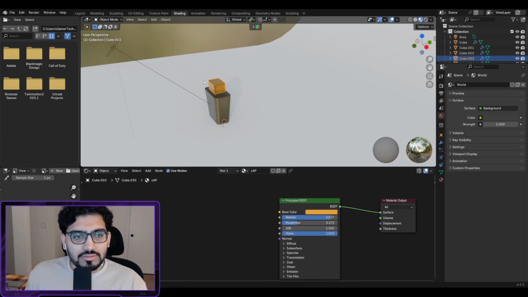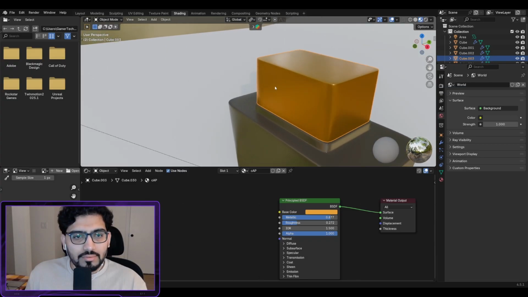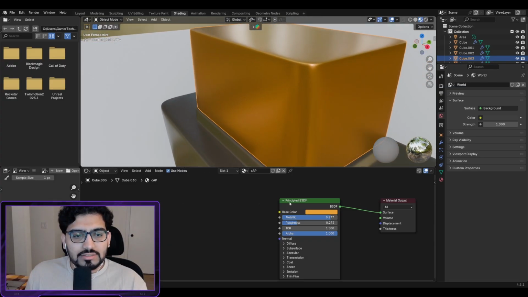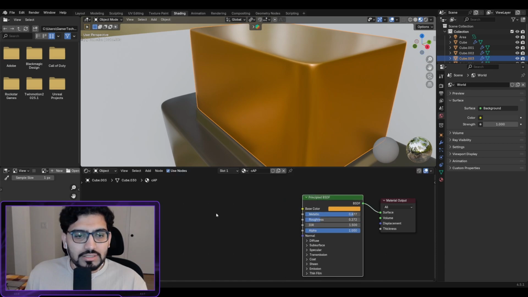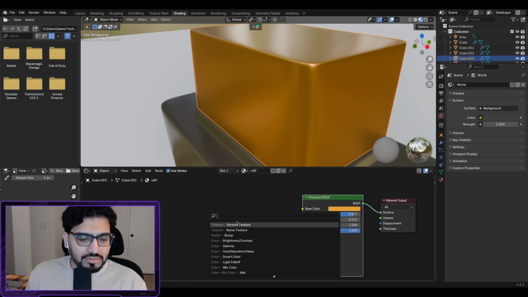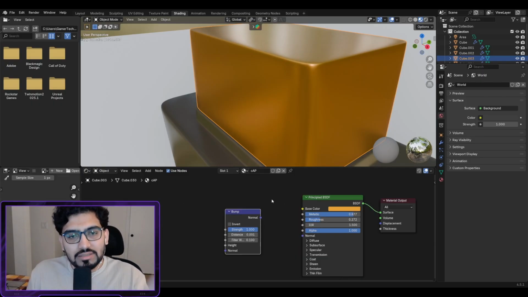For now, once you click on the cap, there's principled BSDF for this color. What I'm gonna do is shift A, search. I can bring a bump node. It will look like the texture is being bumped up, but it will be on the flat surface. Bump node, I'm gonna connect it to normal,